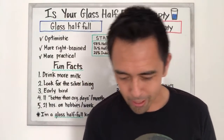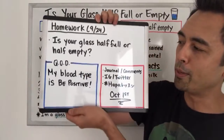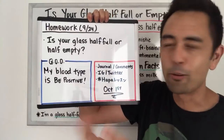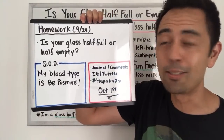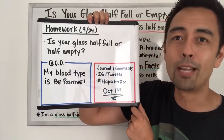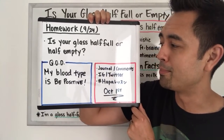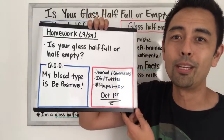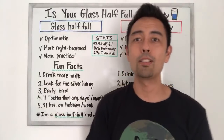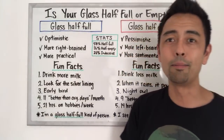ということで、すいません。こちらの今日のコートは、私の血液型は B ポジティブ。まあここはちょっと言葉の遊びです。パンというのは言葉の遊びということで、B タイプではなく、私は常にポジティブでいるブラッドタイプ、血液型ですということになります。